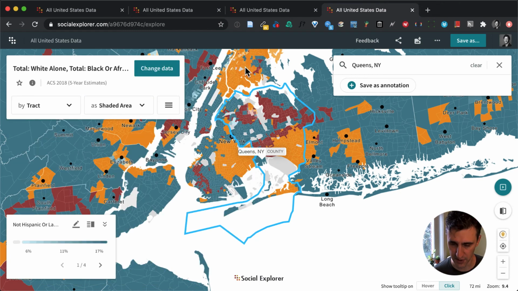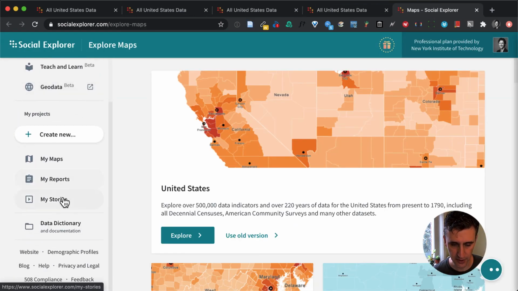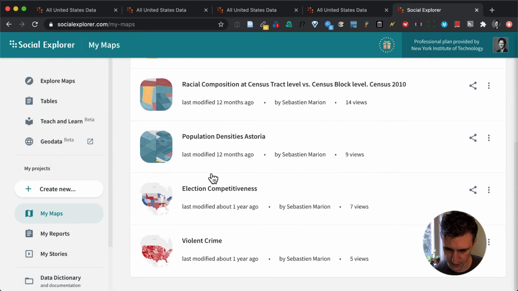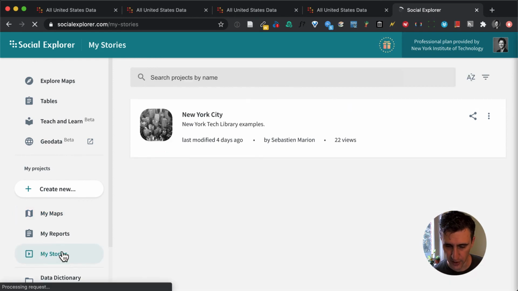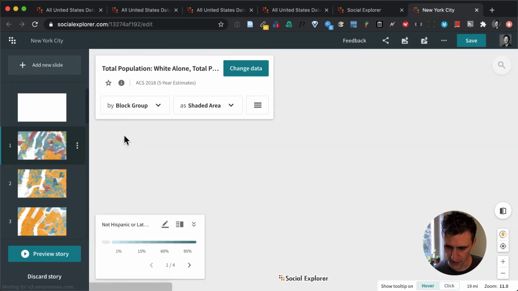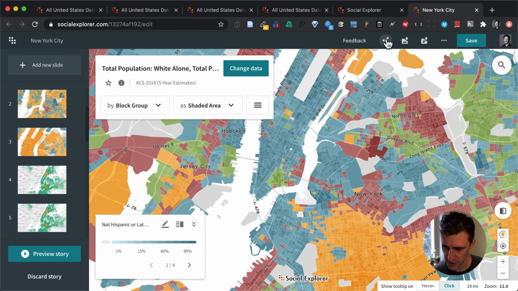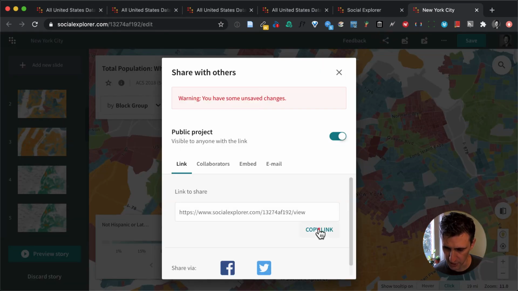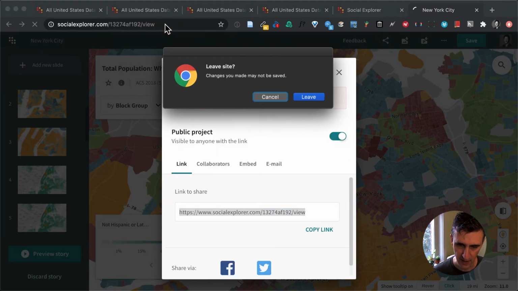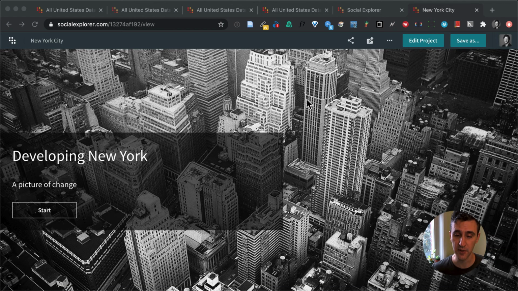So the last thing I want to say to you, this is the last thing I want to say. When you go to the dashboard, if you look under stories, right, you can have maps. So I have some maps that I've created here, but in addition to that, you can create stories, right? So a story is a series of maps that includes a narrative. So I have these different maps here, and in addition, I have a link that I can share to these maps. And well, in my particular story,